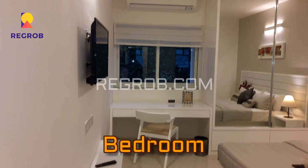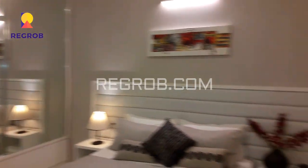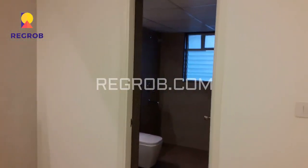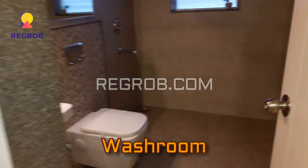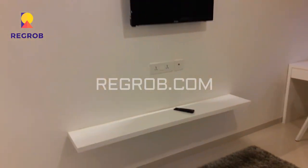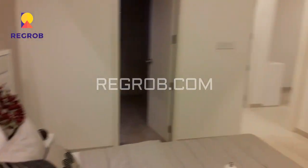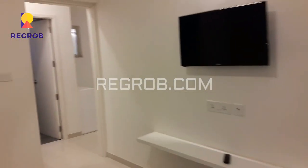So here we have entered into the second bedroom of this flat. Again you can see the room is skillfully designed, and it's having an attached washroom with modern fittings and fantastic interior work. Here you can see the study area. Now moving next,